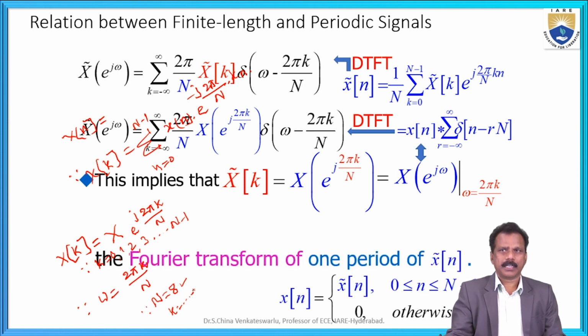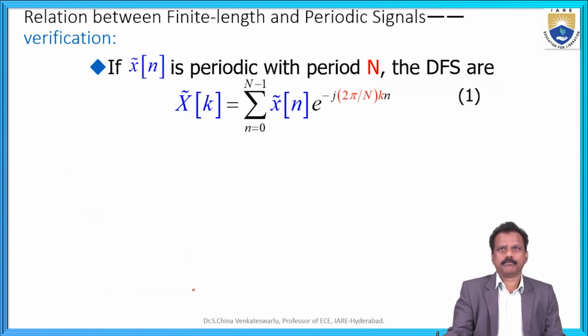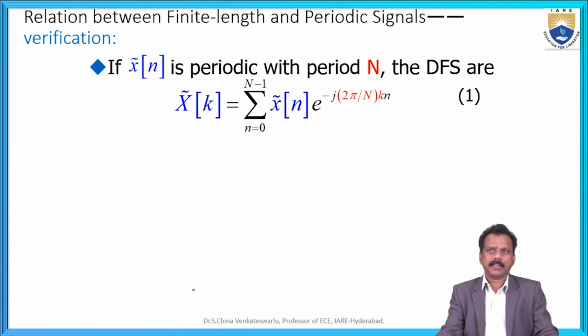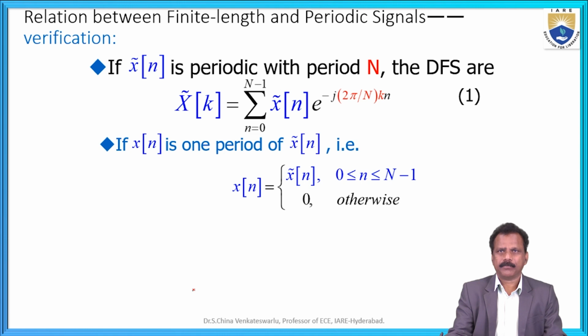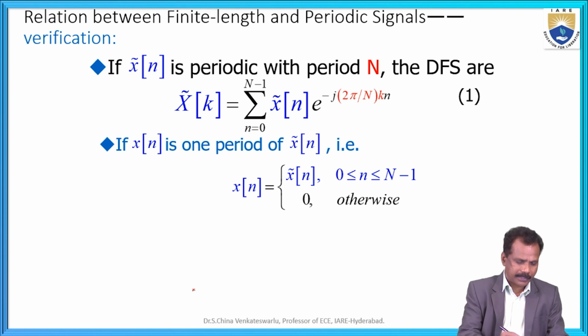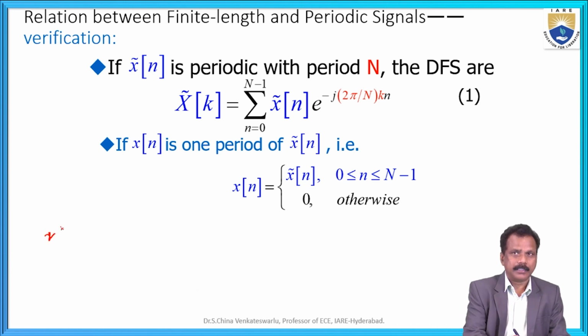Okay, the Fourier transform of one period of x of n. This is a relationship between a finite length and a periodic signal. Somewhat it is verification. If x of n is periodic with period capital N, the DFS is X of k equals the summation n equal to 0 to N minus 1 of x of n e power minus j 2 pi by capital N into kn. If x of n is one period of x of n, that is...